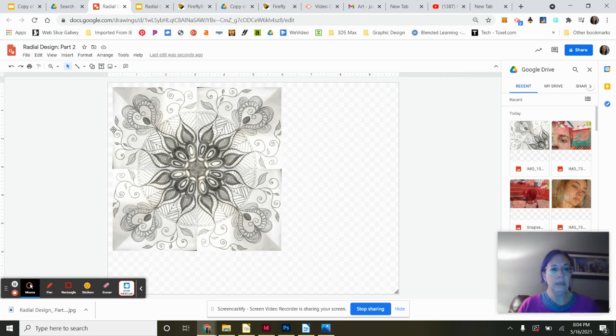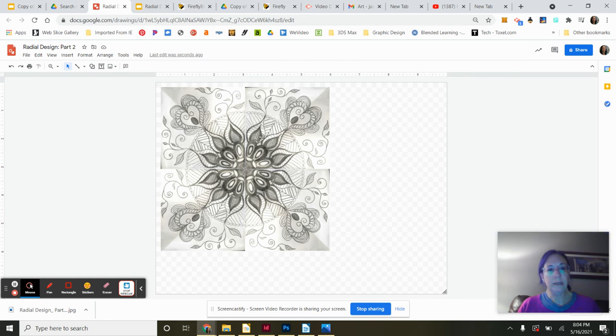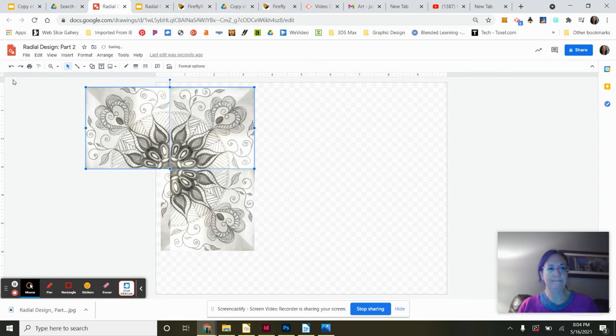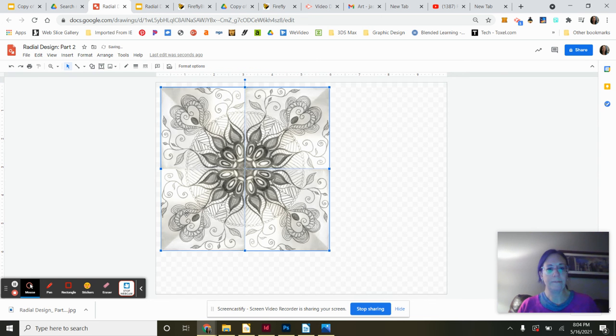I could take my design and change the color. I can clear it up a little bit if I wanted to by selecting all 4. And remember to hold in your shift key when you do that, or it will only select one at a time. So hold in shift, select, select, select, oops, go back. Okay, select. And then I can go up to my format